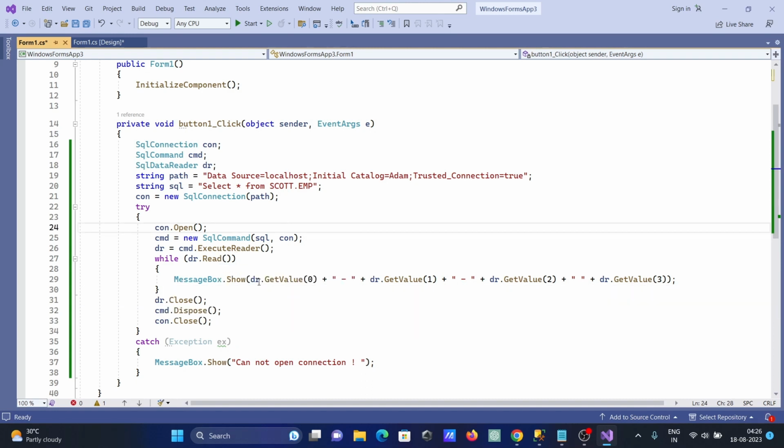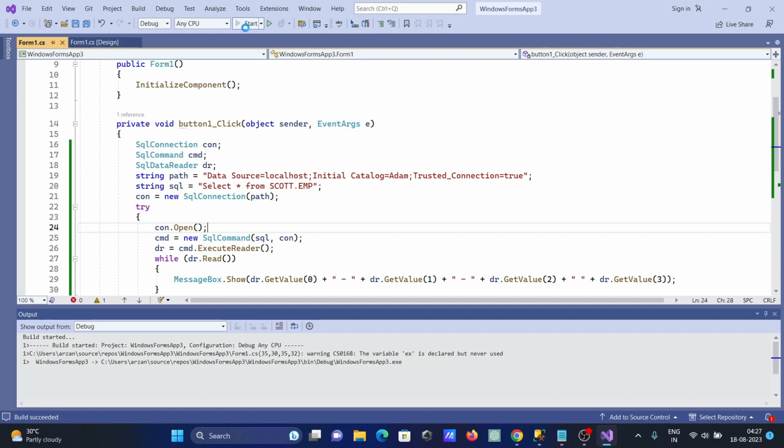Then after that, MessageBox, here you can see dr.GetValue, so get the values. Here you can see column 1, so the first column, second, third and fourth. The column index starts from 0, so you can give 0, and 1, 2, 3. Hereafter, when all of this is read, then it closes the reader, and cmd dispose and the connection close. So when I click here to start,